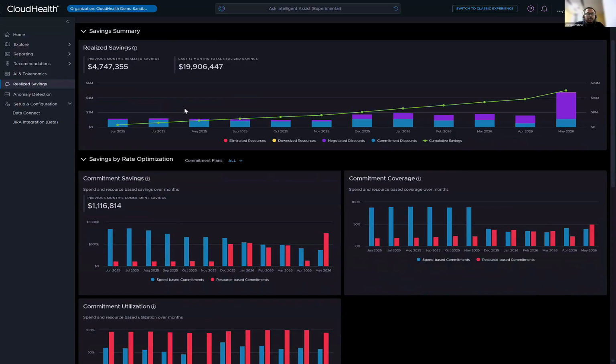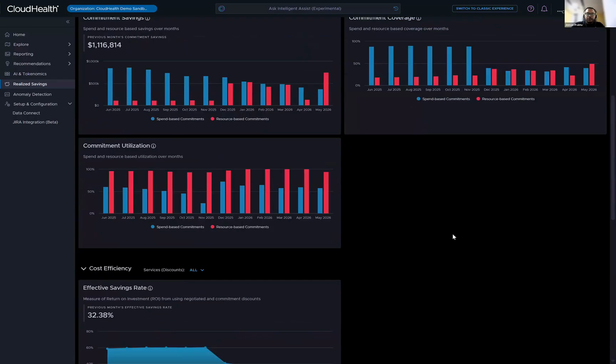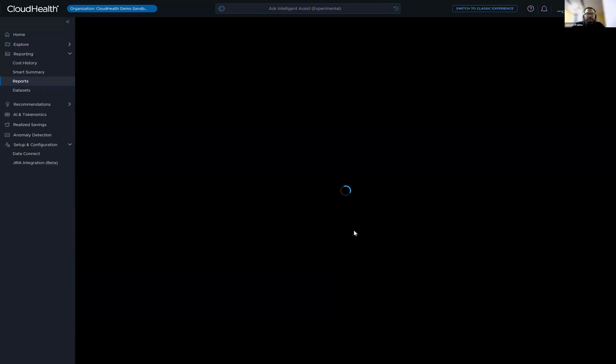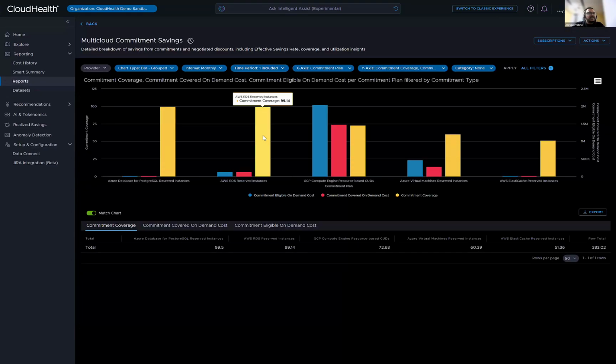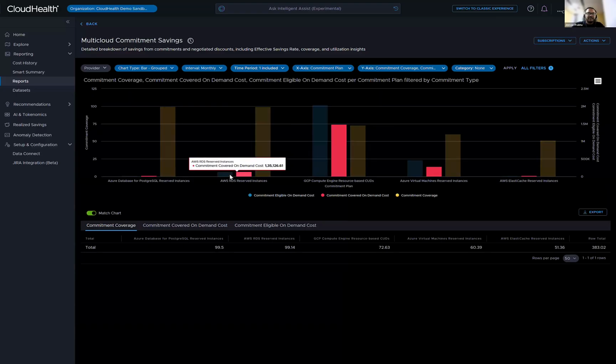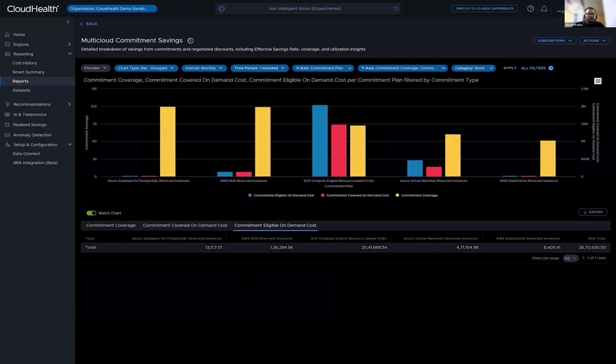And so it covers rate optimization area here and then usage optimization here. And you can drill down into each of these. Like if I go here for the coverage, you'll be able to see how this specific coverage is being computed, right? On the y-axis, it's a dual axis. You can see a coverage here, and you can see the numerator and denominators on the left-hand side here. And you can also see it in the grid, how this coverage is arrived at. Basically, what quantities are used as numerator and what is used as denominator.